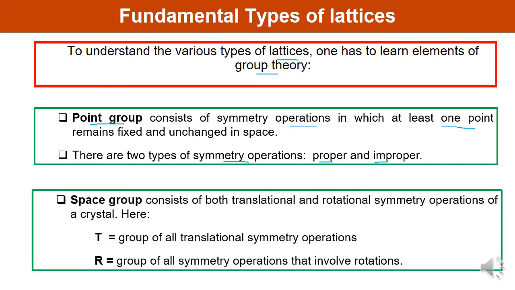Second is the space group. The space group consists of both translational and rotational symmetry operations. T denotes the group of all translational symmetry operations and R denotes the group of all symmetry operations which involve rotations. So, a space group consists of translation and rotational properties. Accordingly, there are these two types of group theories: one is point group and another is the space group. Moving ahead,